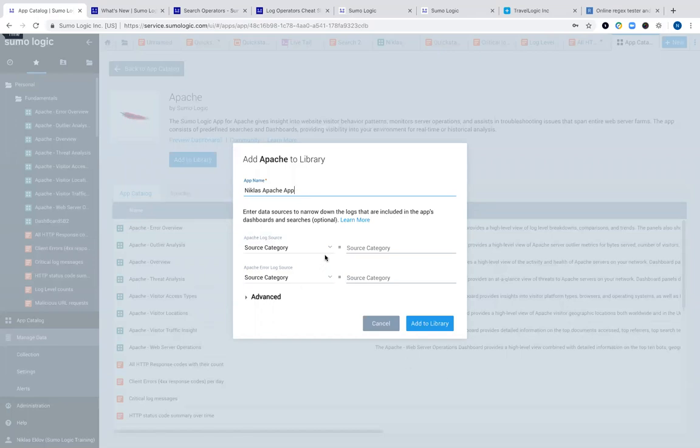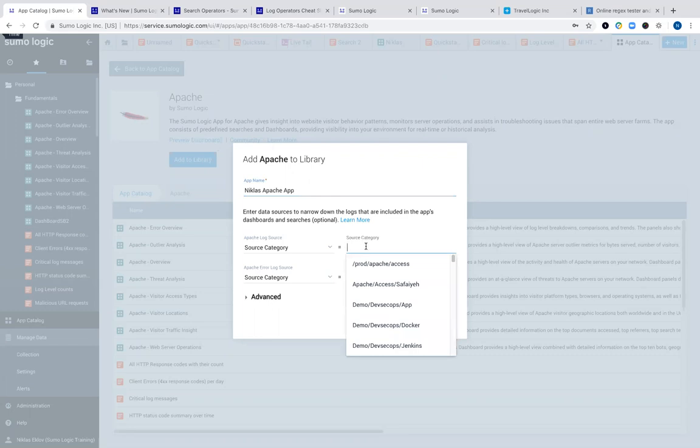What we also are looking for is the source category. And if you can see here, within the same window where you could do a preview of the dashboards, you can also click learn more. And here you have full documentation on how to set up the collection. And this is something we walk through in the other sessions that we also run for free. But in this example, we're going to utilize labs,